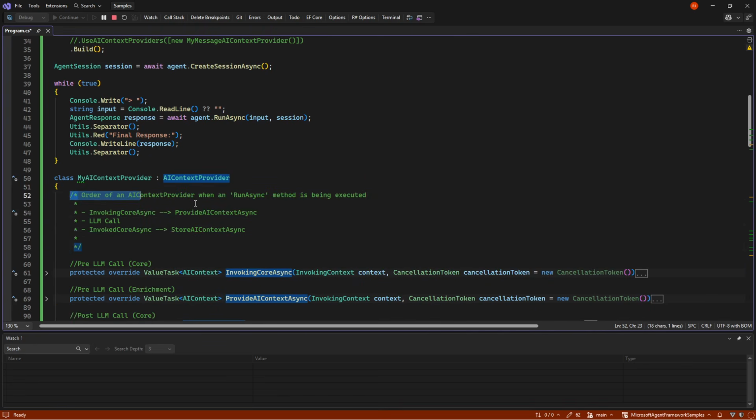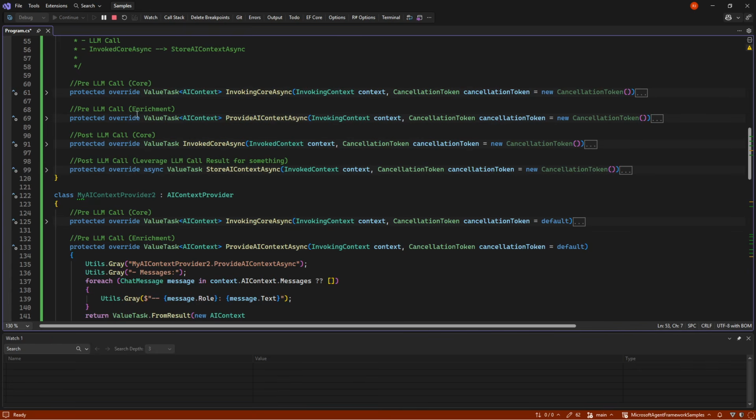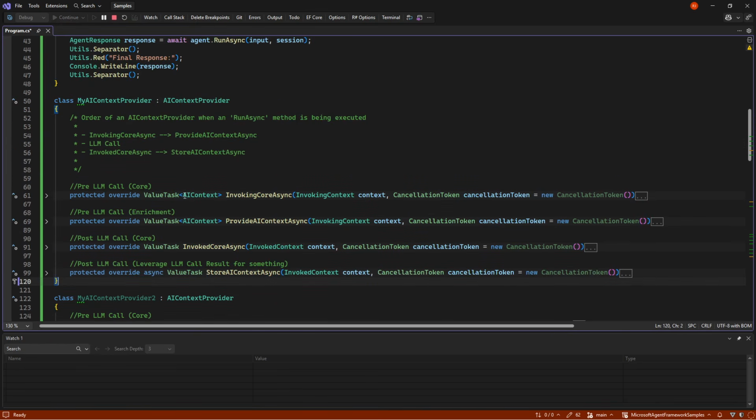And it has 4 methods you can override: invoking core, provide AI context, invoked core, and store AI context. And the order they are called in is that the invoking core is in charge of calling the provide AI context. Then the LLM call happens, and then the invoked and store happen.